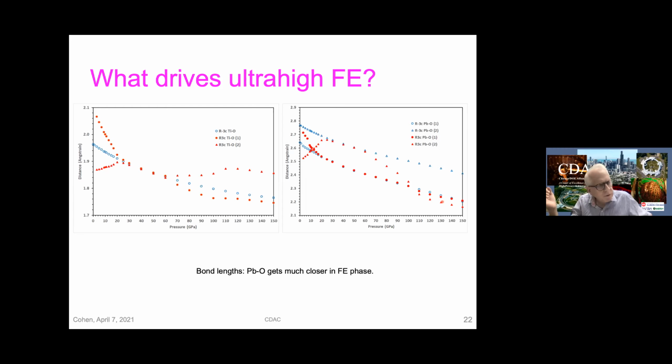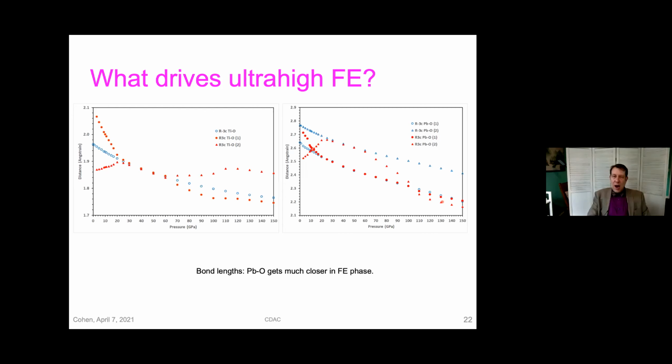On that point, though, would you need to do this experiment at very low temperature? Did you estimate the temperature effects? I want to do that. It's a very good question. Unfortunately, I'm not going to show it, but I'll tell you about it. Some years ago, Ganesh did some first principles molecular dynamics in this pressure range, and he found that it became centrosymmetric at about 70 Kelvin. But that was using different pseudopotentials that we think were less accurate, and they weren't giving as strong a ferroelectricity as we're seeing now.